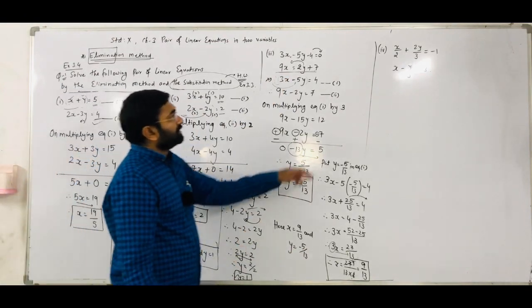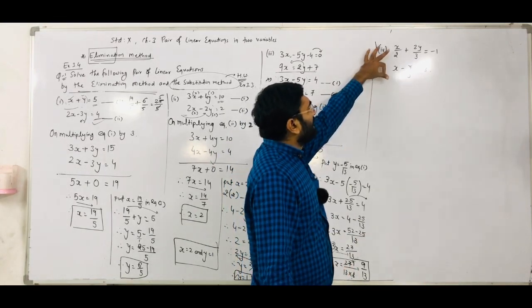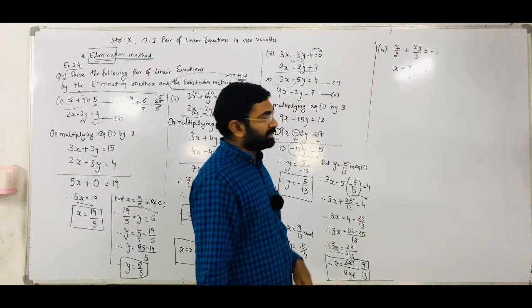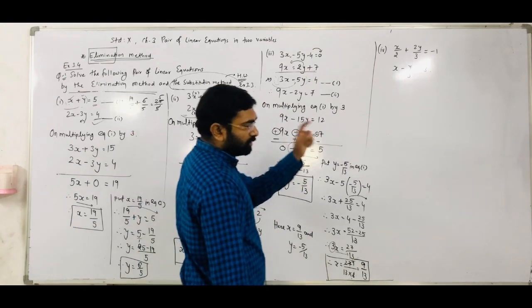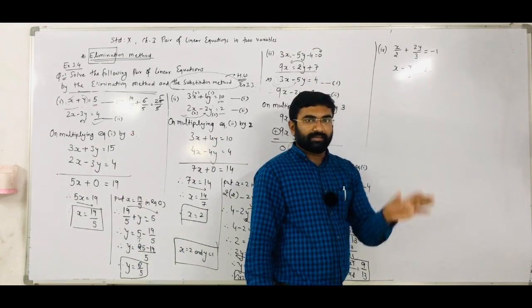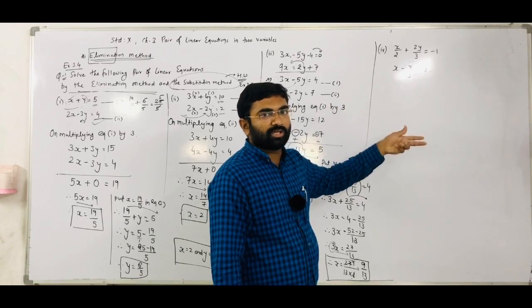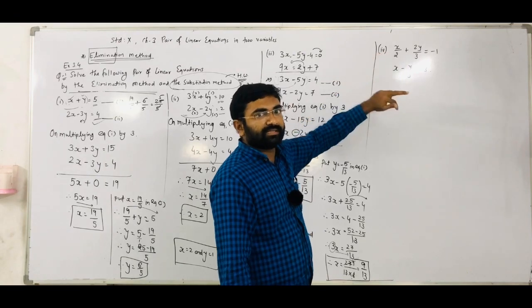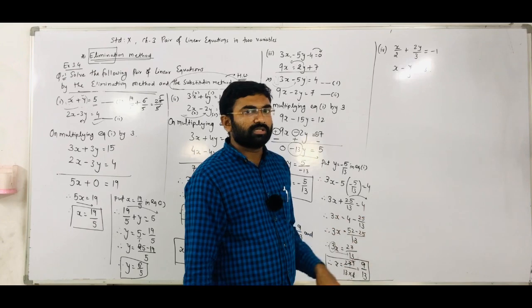Okay. Now next, question number 4. In the same way, here they give the x and y coefficients in rational number form, meaning numerator and denominator are there. But we have to follow our method only, right? The elimination method only. So we have to make any one of the terms the same. And after writing the same term, after multiplying any equation, we have to check whether both terms' signs are the same or different. If the signs are the same, then we have to do subtraction. If the signs are different, then we have to add both equations.